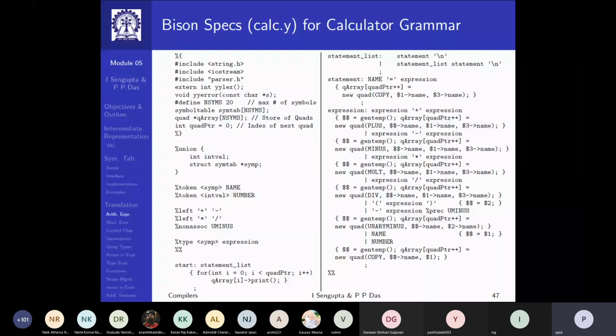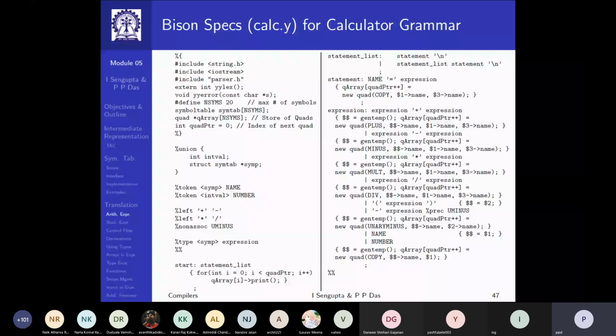So every 3 address code you keep on inserting in the array. So instead of having a text file, you will have an array of quads, which is basically the 3 address translation. The advantage is it does not add anything special to the translation, but it's just a programming trick so that this array would be amenable to all future optimizations in a quick way.